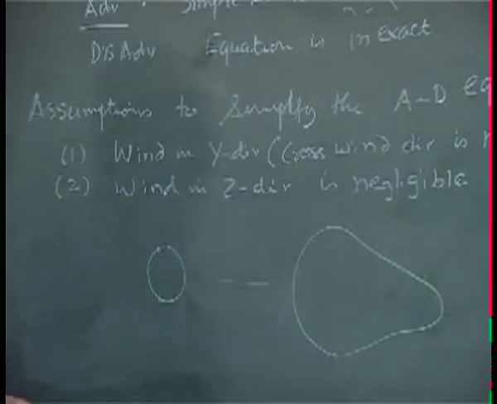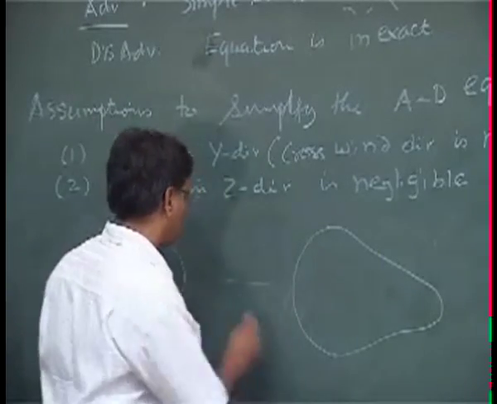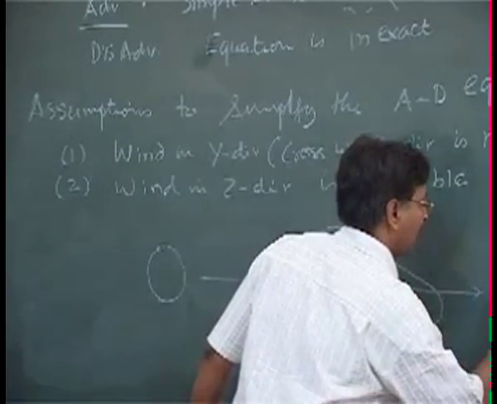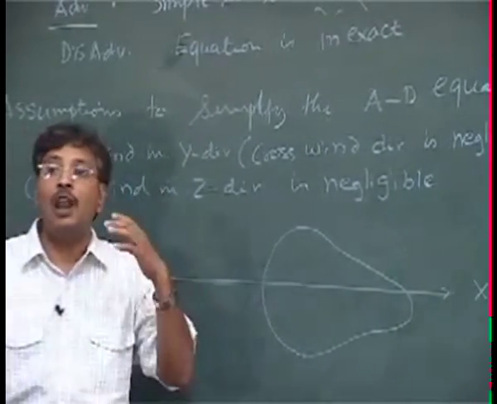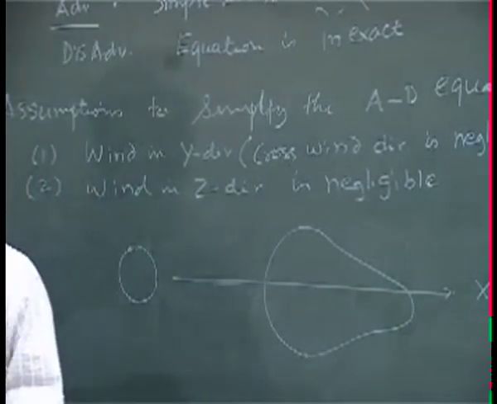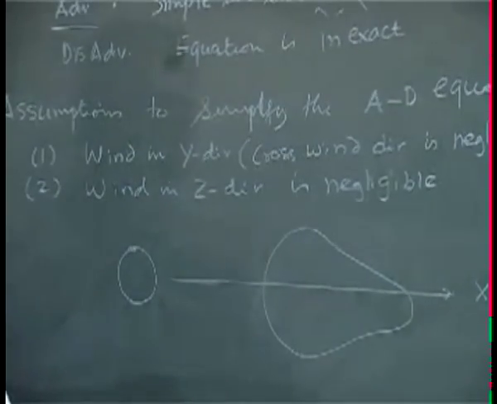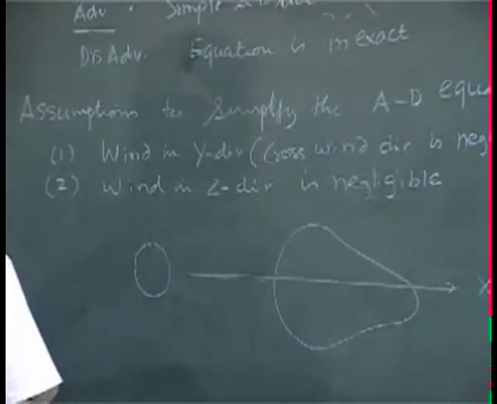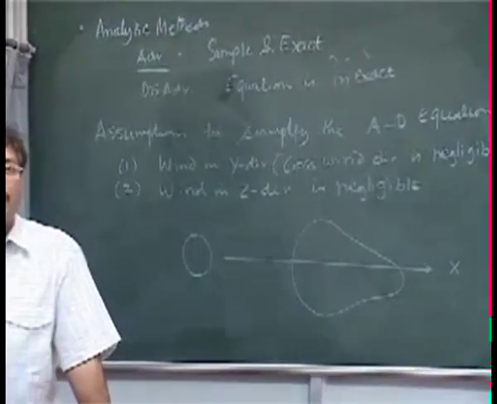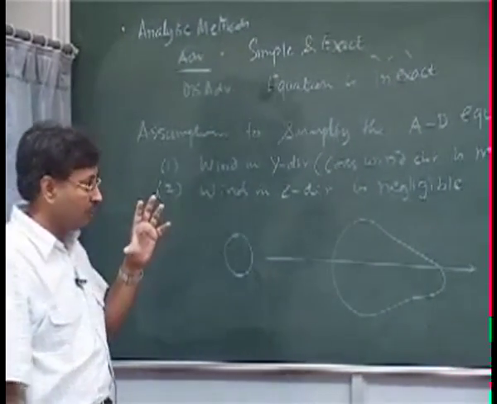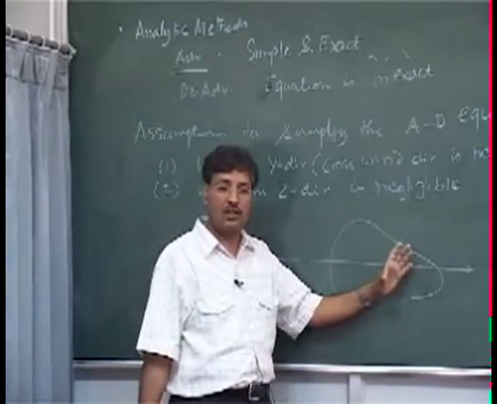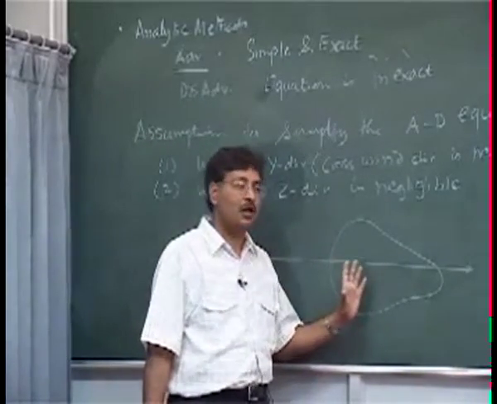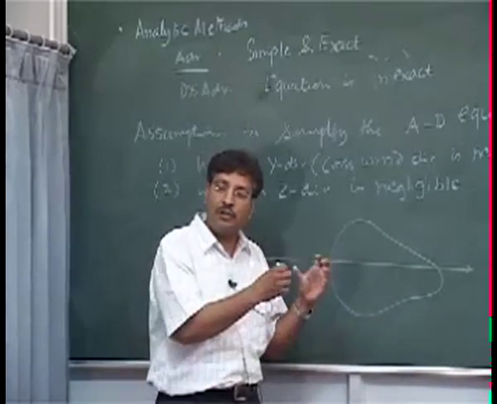But here you see this term, which is the advection in the x direction. So the term advection is overwhelmingly large compared to diffusion in the x direction. Did you understand what I said? The diffusion due to advection in x direction is overwhelmingly large compared to the turbulent diffusion